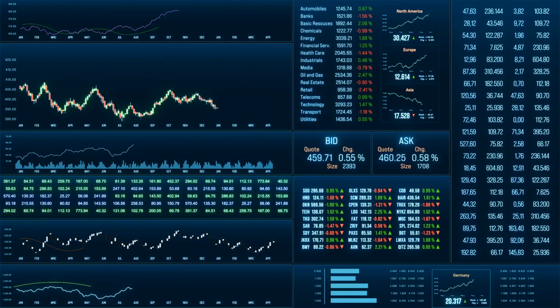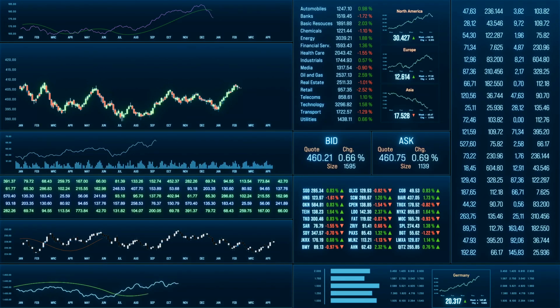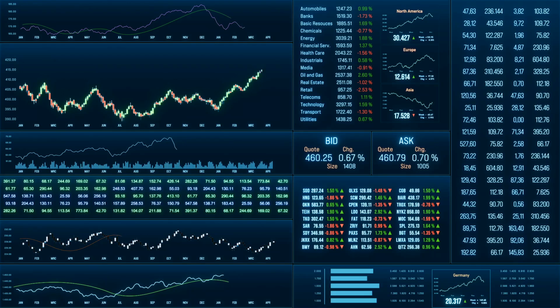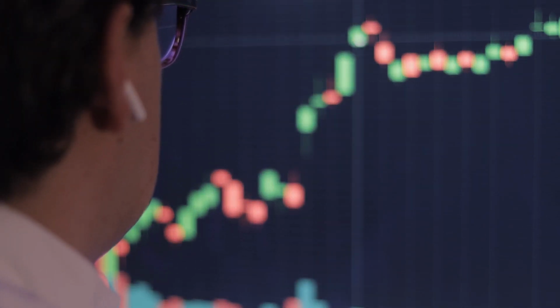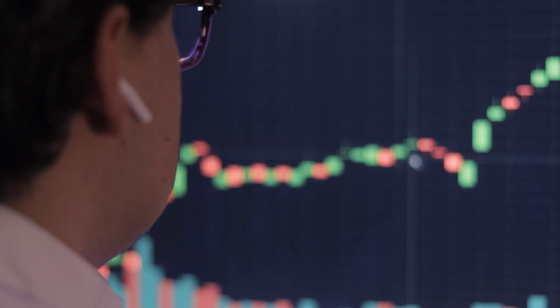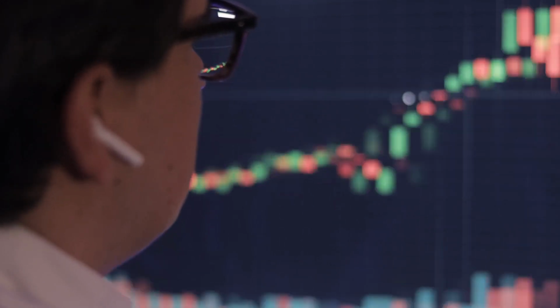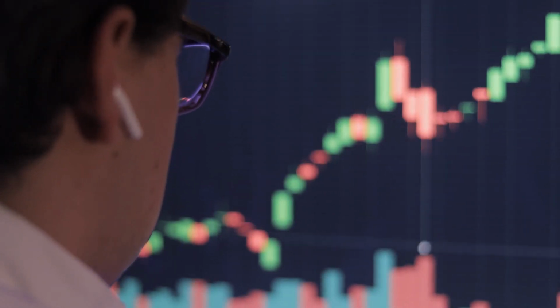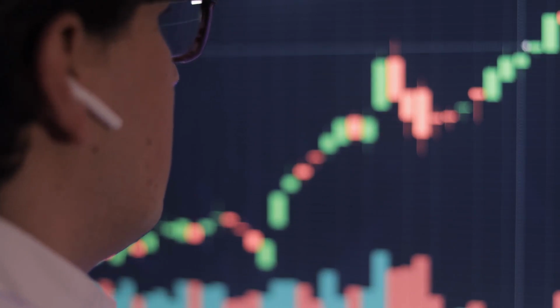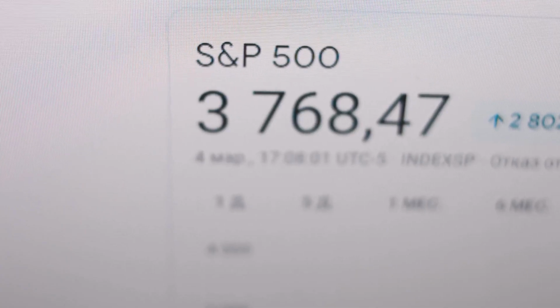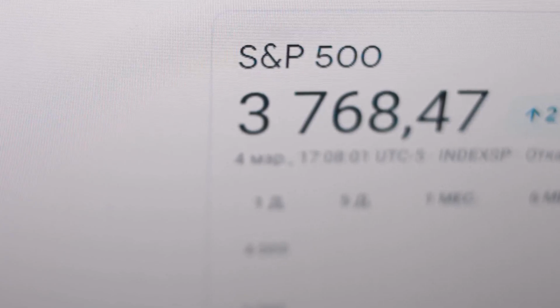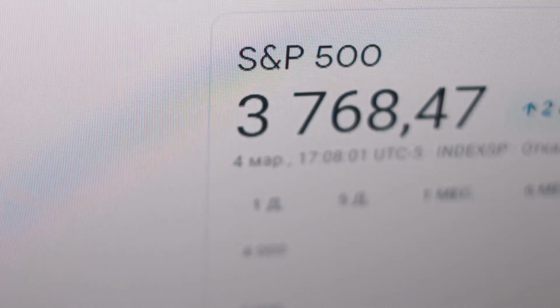This involves looking at the big picture to understand the general direction in which the market is moving. By doing this, we can make more informed decisions about individual stocks. We want to know if the market is heading up, down, or sideways. Identifying these trends helps us align our strategies with the market's momentum. For instance, in a bullish market, we might focus on buying stocks, while in a bearish market, we might look at short-selling opportunities. To do this, we look at major market indices like the S&P 500, which represents the performance